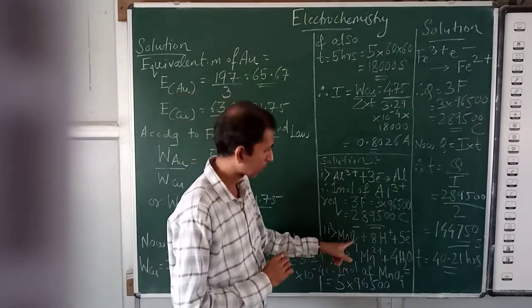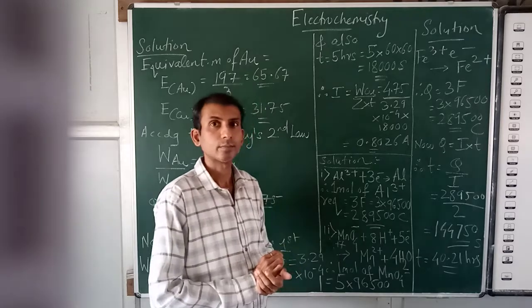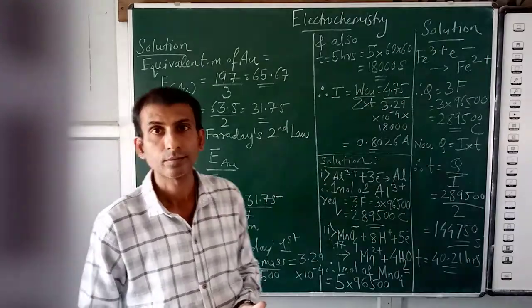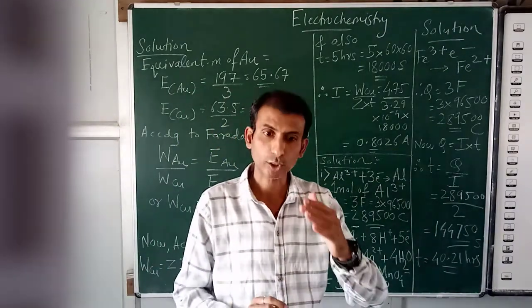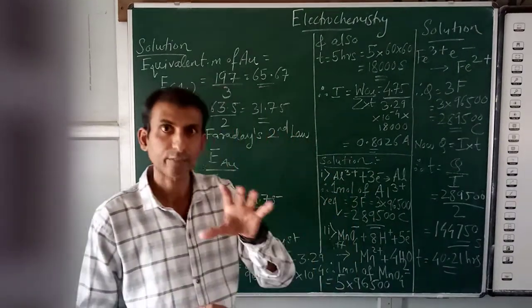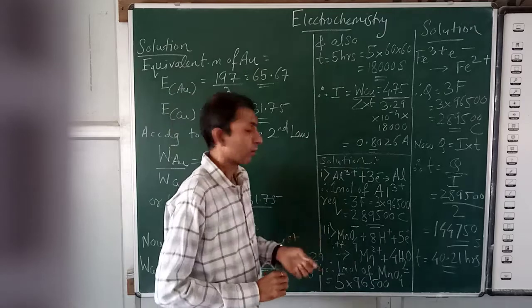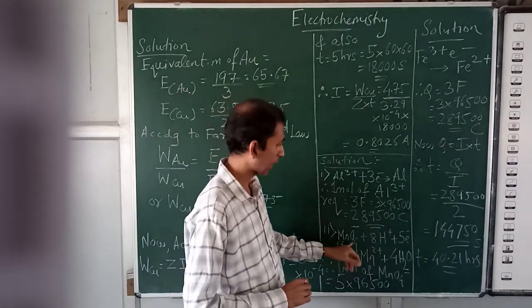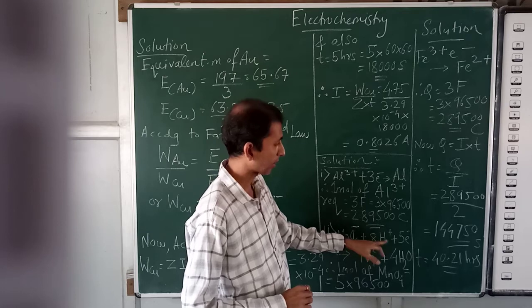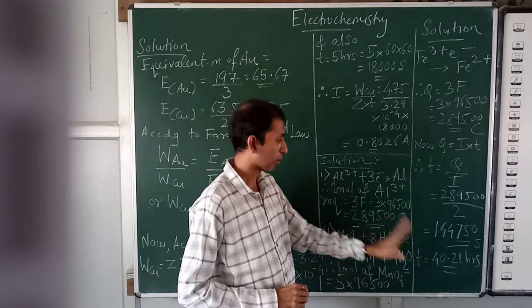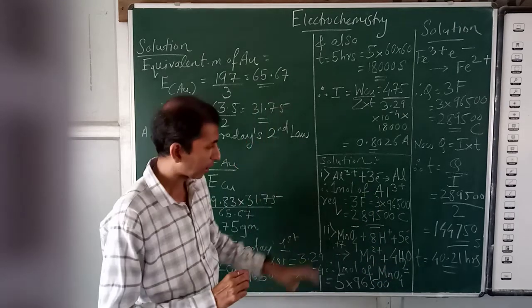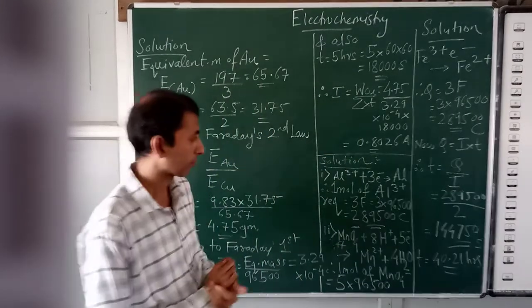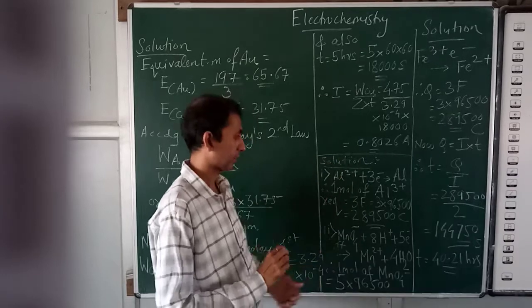Now we balance oxygen with hydrogen, because we know that whenever we have to balance oxygen, we add hydrogen on the same side so that they can form water molecules. For one water molecule one oxygen is required, but here we have 4 oxygen atoms, so 8 hydrogen ions are required, which will form 4 molecules of water. Now this is a complete reduction reaction for MnO4-.